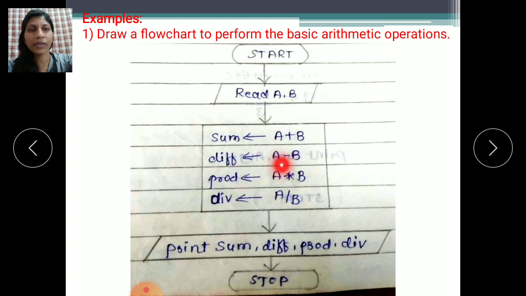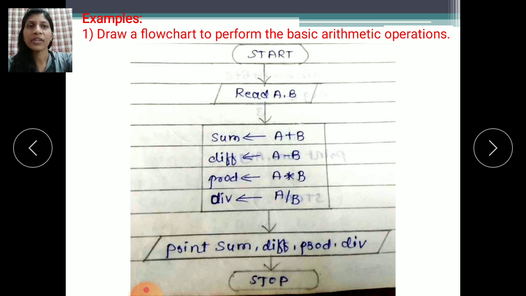It means how your logic will flow step by step, how your program will work step by step. It shows the flow of logic, how it is working step by step. See, for that purpose we use arrows. We use arrows to connect the symbols, and they show the flow of logic. Then connect the two symbols.